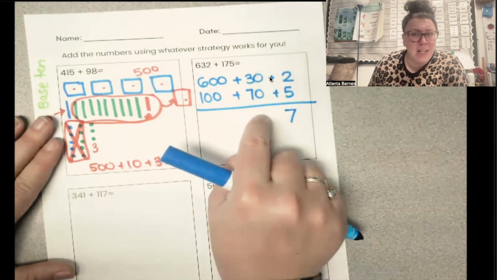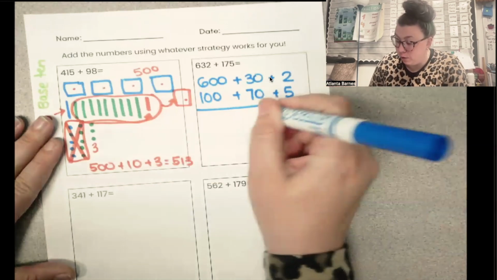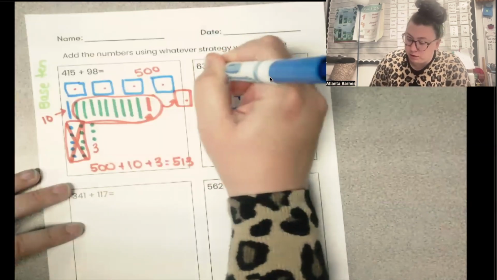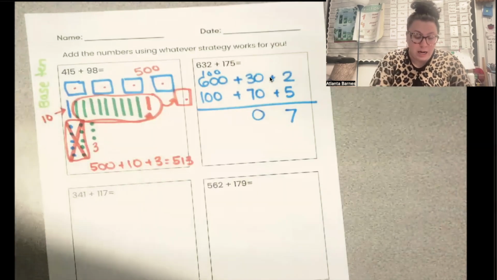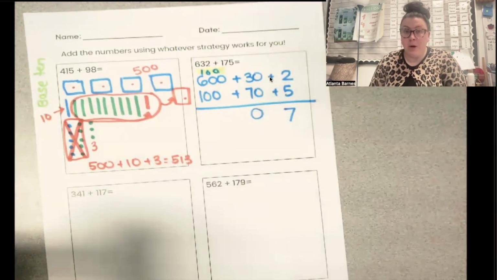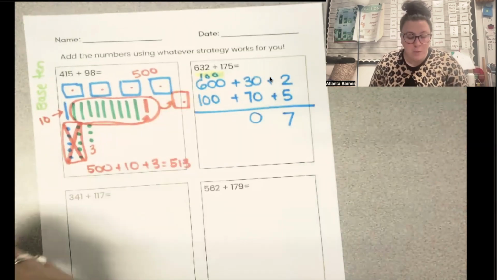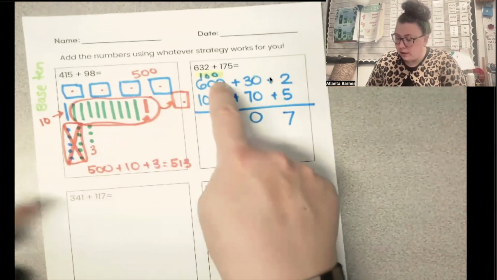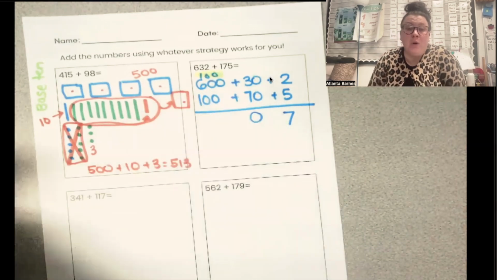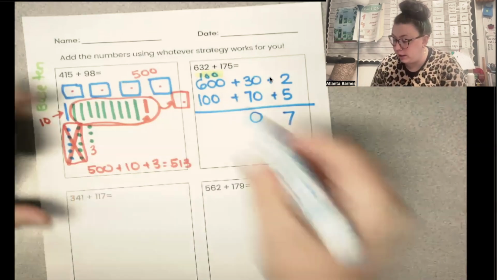Now, I can't write 100 in my tens place. That's too many. So I need to write a 0 and put my 100 way up here. This is important. That one's important. I'm going to highlight it because that's showing us that we borrowed, or I mean, we carried rather. We carried. So now we have 600 plus 100 plus another 100. So really it's 600 plus 200 because we know 100 plus 100 is 200. 600 plus 200 gets us